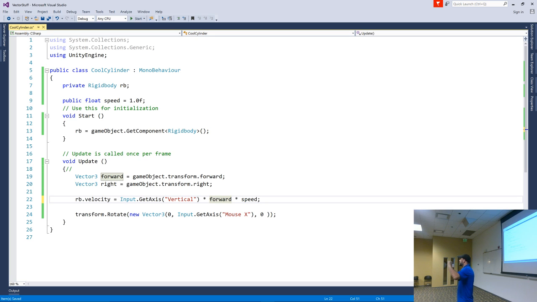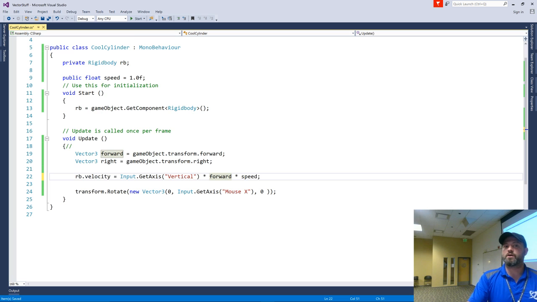What's anything multiplied by 0? Right. So if I'm not hitting any buttons, my velocity should be what? 0. Because the whole thing is multiplied by 0. Even after it's multiplied by speed, because if this is -1 or 1 or 0, 0 multiplied by whatever this vector is, times this, it's always going to be 0. So now I should be able to control that.